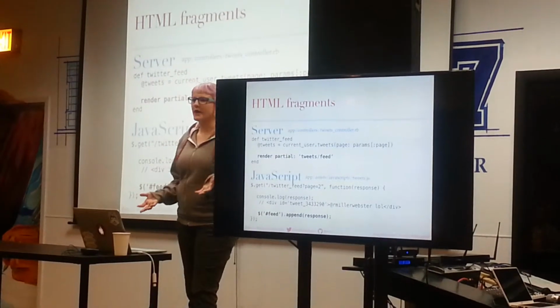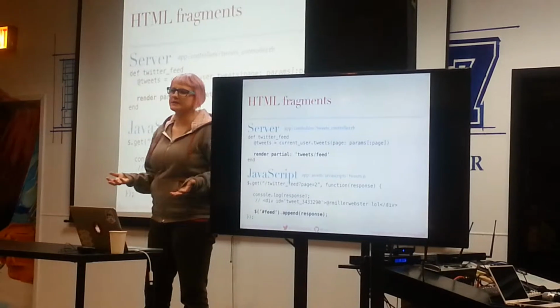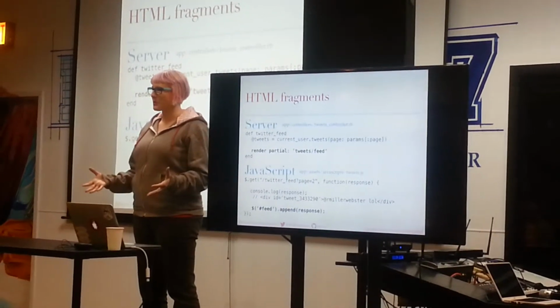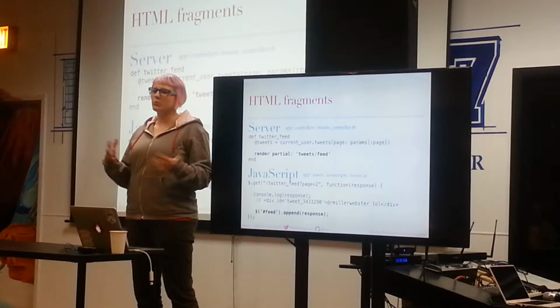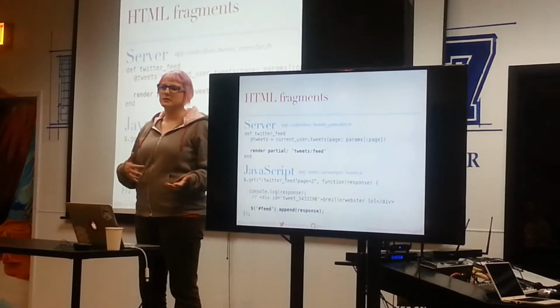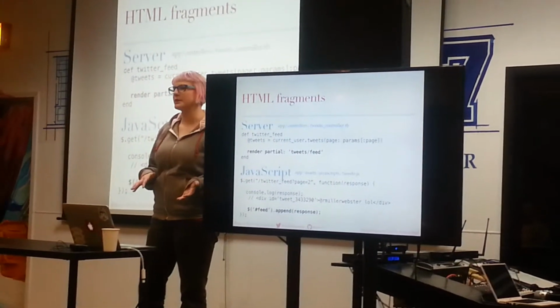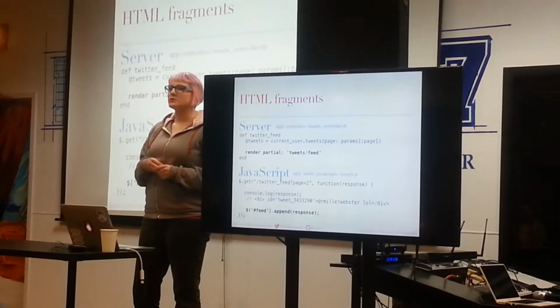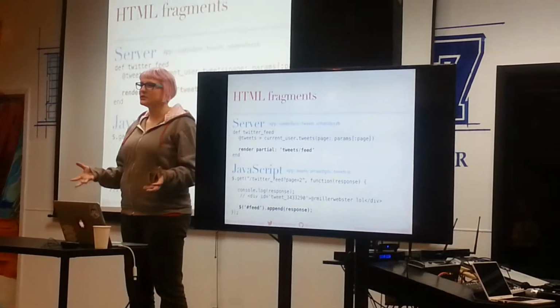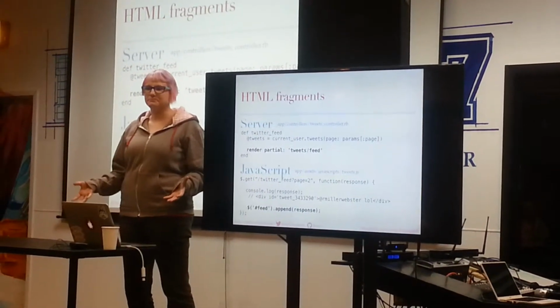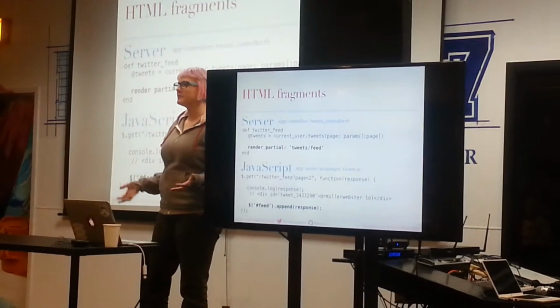So HTML fragments, what I'm talking about here is, we're going back to the AJAX request. And we're talking about what the AJAX request should return. So what am I getting back from JavaScript? Because it's just a string, you can return a string of HTML. I don't know how many of you remember this, but